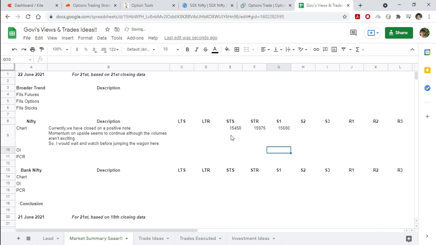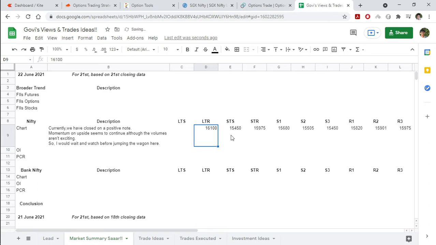15,680. Second level, 15,505, that's yesterday's low. 15,450, that's again. So 15,820, 15,901, 15,975. So these are the levels I would look out for, and the long-term resistance for me in this case is